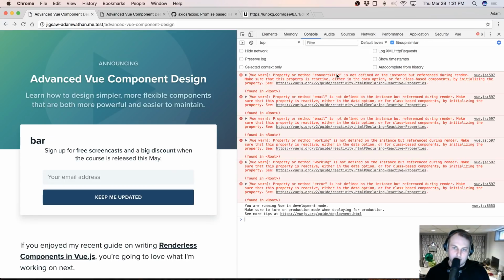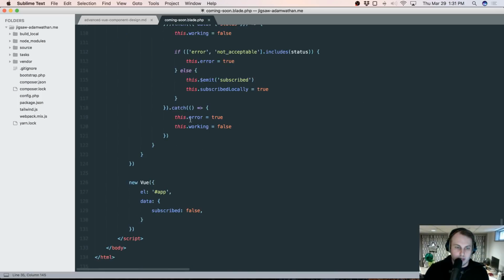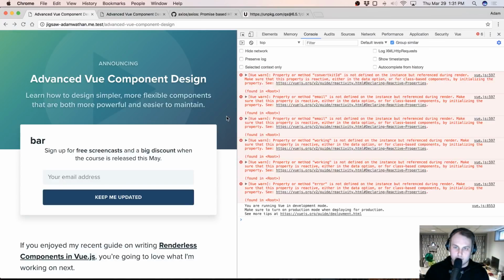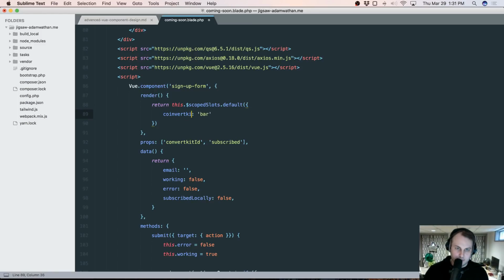Now we're going to get a bunch of other errors about things that aren't defined, right? But we're actually getting this bar thing showing up now. So in general, this is working. So why don't we start by just looking through these errors and turning these all into slot props that we pass through. Okay, so the first one is ConvertKit ID. So let's pass through ConvertKit ID,